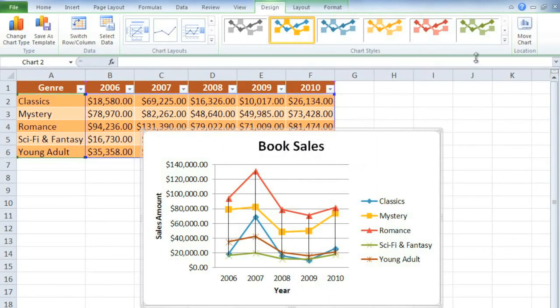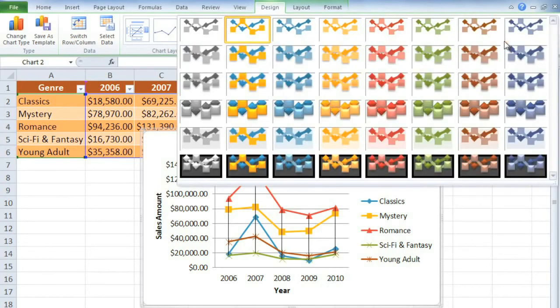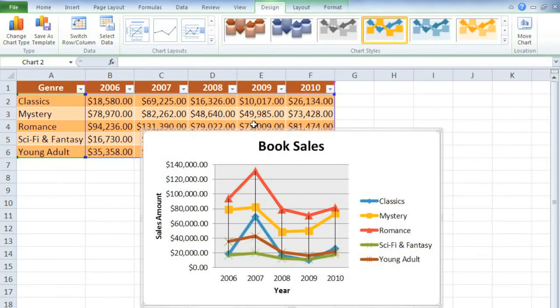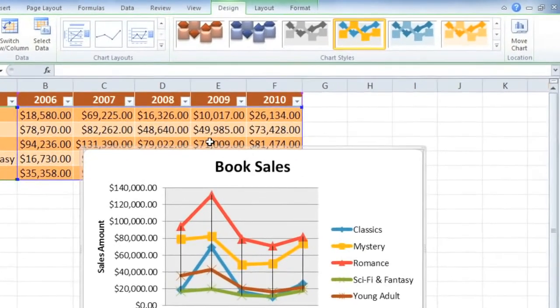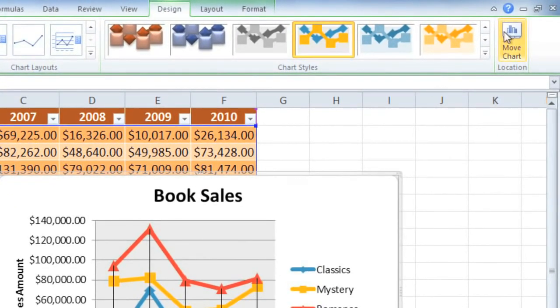You can also choose a chart style. I like the colors that I have, but I think I'll go with the thicker line and darker background. Finally, I'd like to move the chart to its own sheet, so I'll just click Move Chart,